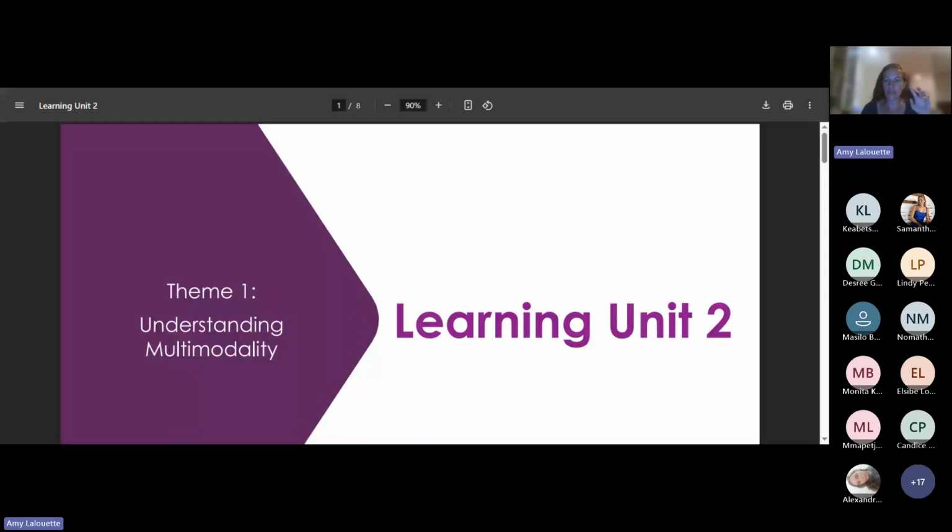Using different modes of communication, multimedia. Yes, excellent. Okay, so multimodality means to convey information in different ways. Exactly. Through speaking, through reading, through writing, through gestures, videos, posters. So